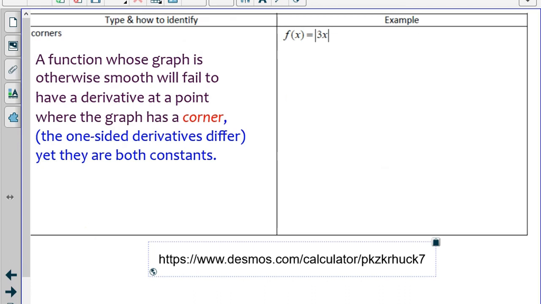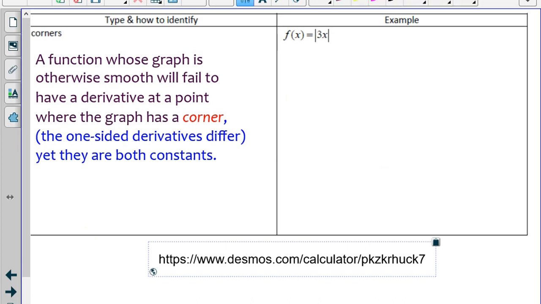Let's go through our worksheet real quick. A corner is a function whose graph is otherwise smooth, but it will fail to have a derivative at a point because the one-sided derivatives differ and they are constants. So if you look at this particular problem,